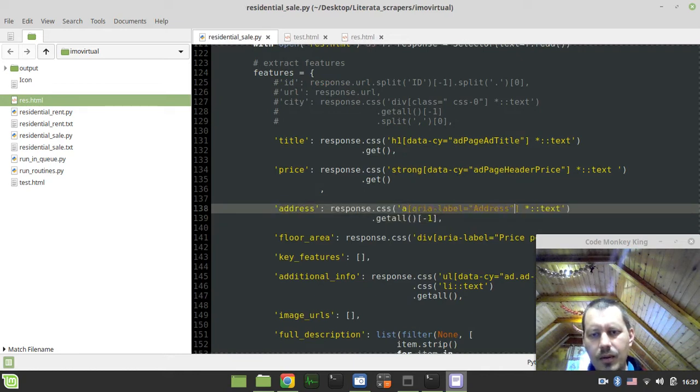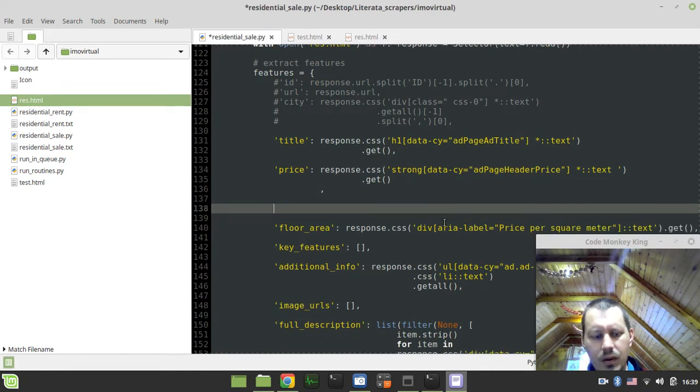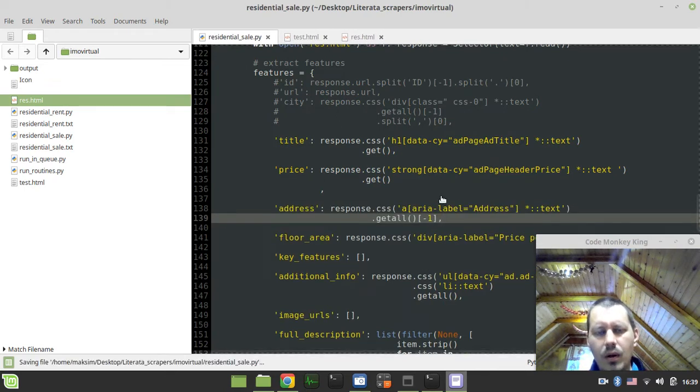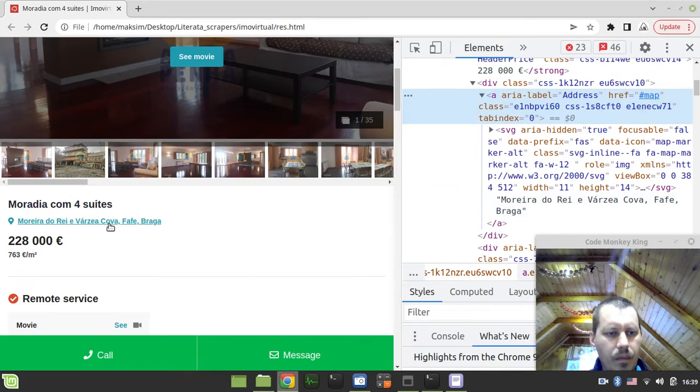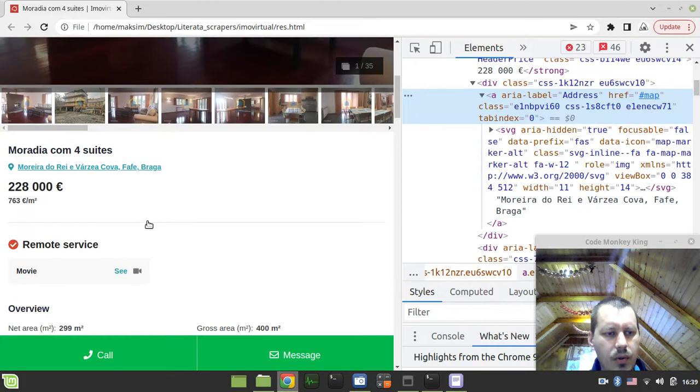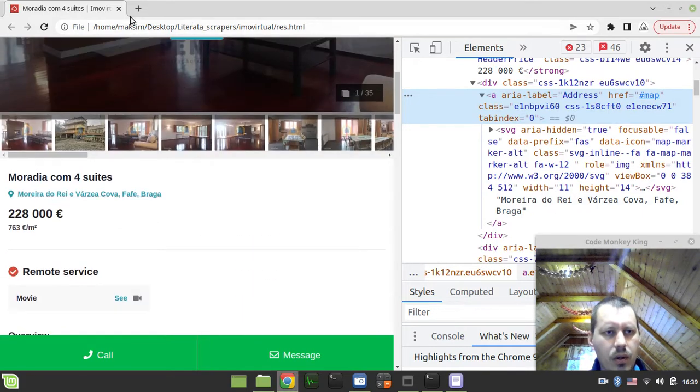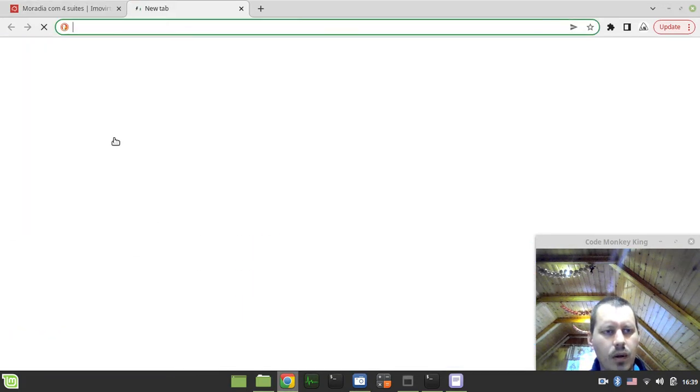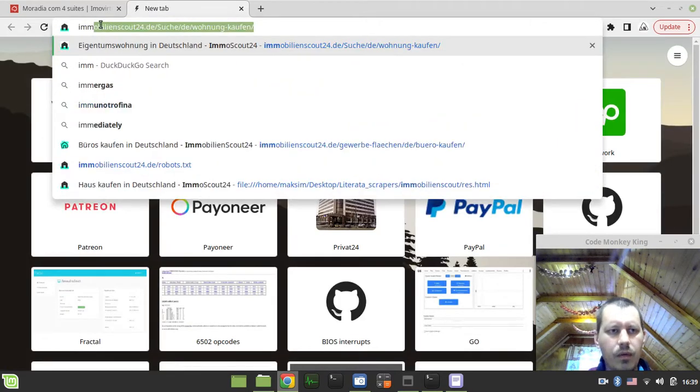Okay, then let's go back. So paste in. I'm not sure whether this one or this one is the city, to be honest. But let's try Immovirtual.